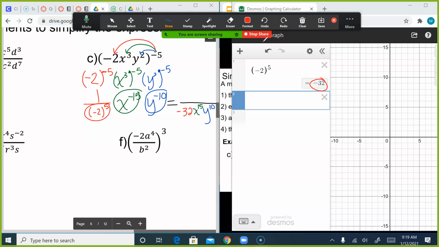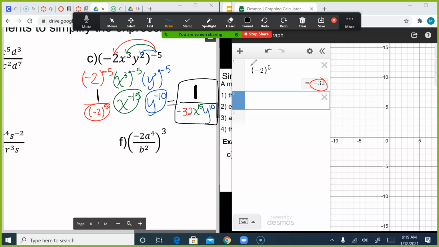So then what's left on the top, we can't just leave it blank. If everything goes to the bottom, then the 1 is left in the numerator. Because everything becomes a fraction, so everything goes to the denominator, just a 1 is left in the numerator. Alright, so that would be your final answer for this one. All like terms, no parentheses, all the variables are combined to 1, and then our fraction doesn't have any negative exponents in it. Alright, so do the same thing for f